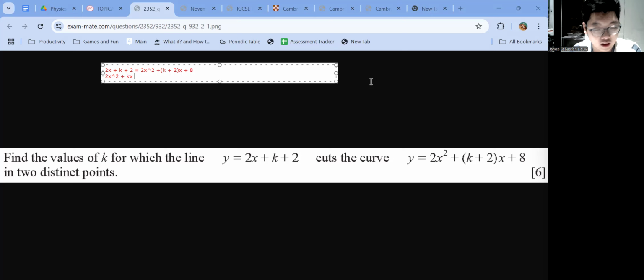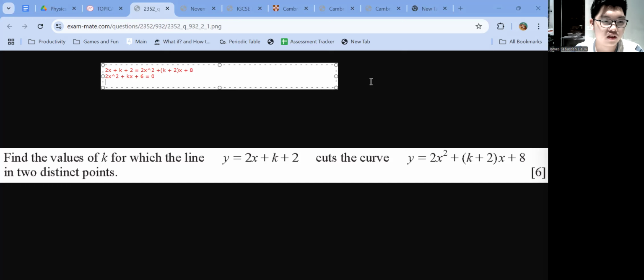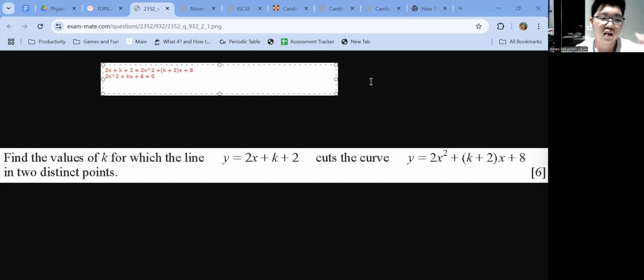In this case, that would be 2x squared plus kx plus 6 equals 0. The equations have two distinct solutions. If this equation right here has two distinct roots,